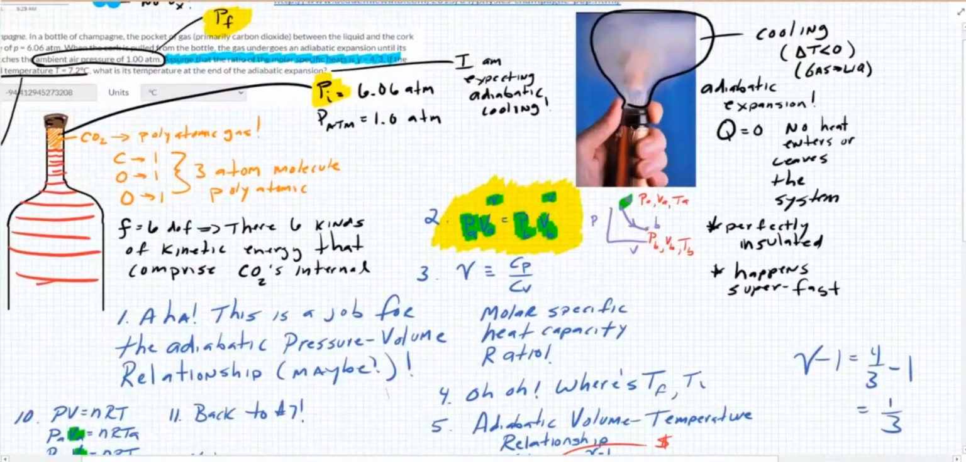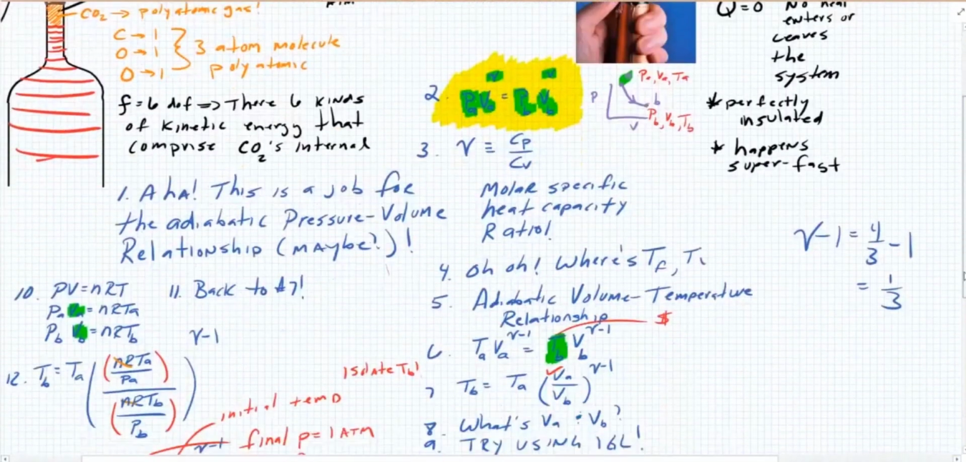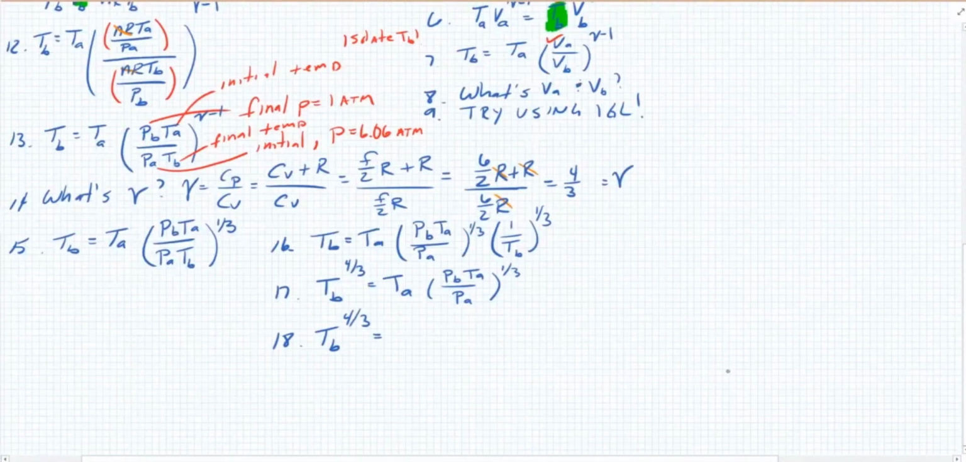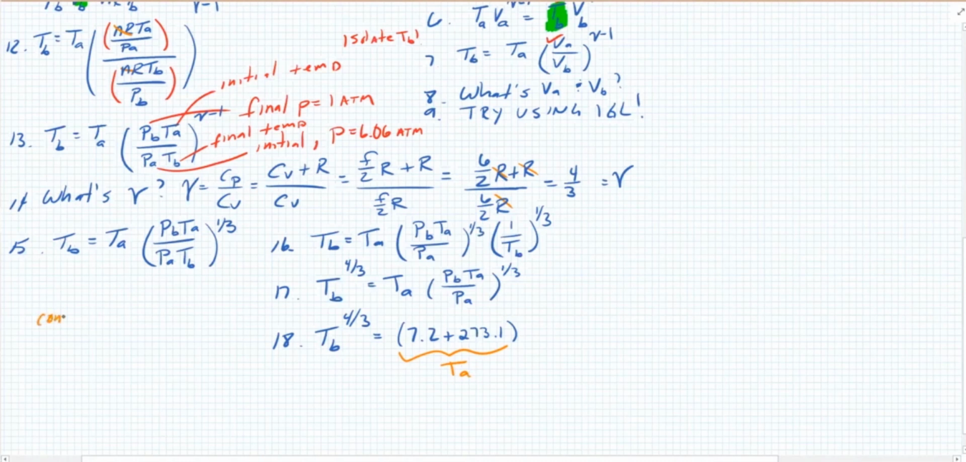Now, here's something. TA is given as 7.2 degrees Celsius. Do I need to convert that to Kelvin? I think so. So I'm going to convert to Kelvin. 7.2 degrees Celsius plus 273.1. And I'm going to comment on all of this. This is TA. This is my temperature at A. This is my starting out temperature. I need to convert